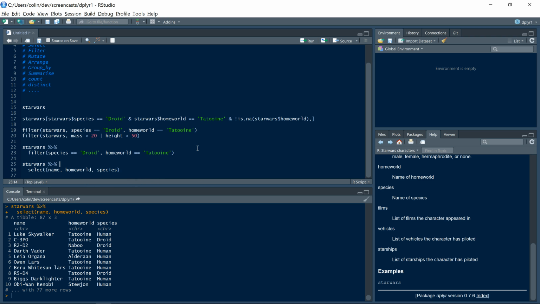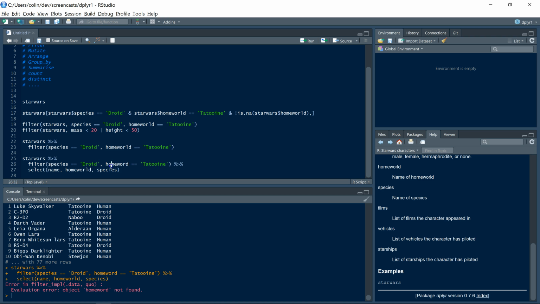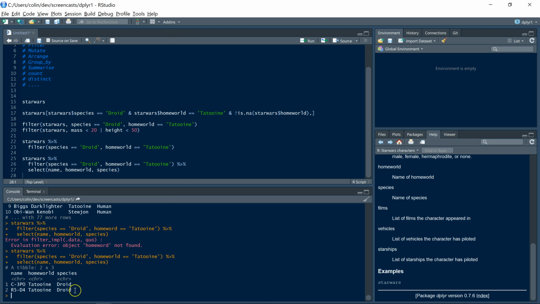So we can say, okay, give me filter species equals droid, comma, homeworld equals Tatooine, and then pipe that into the selection, and then we just get this little subsection